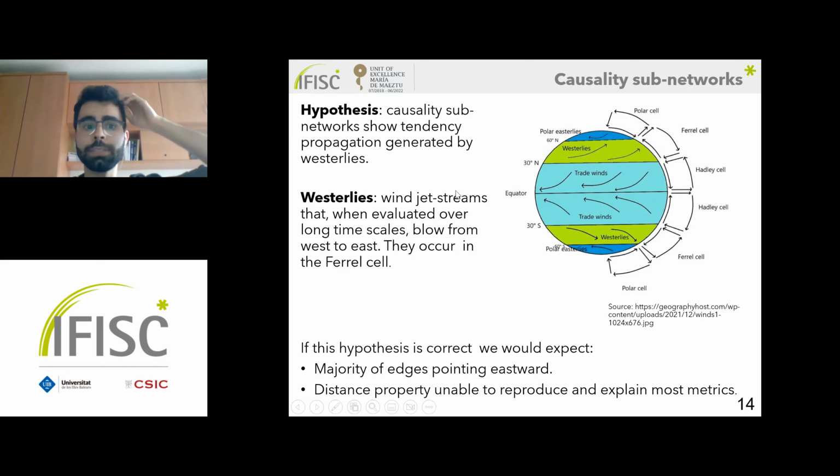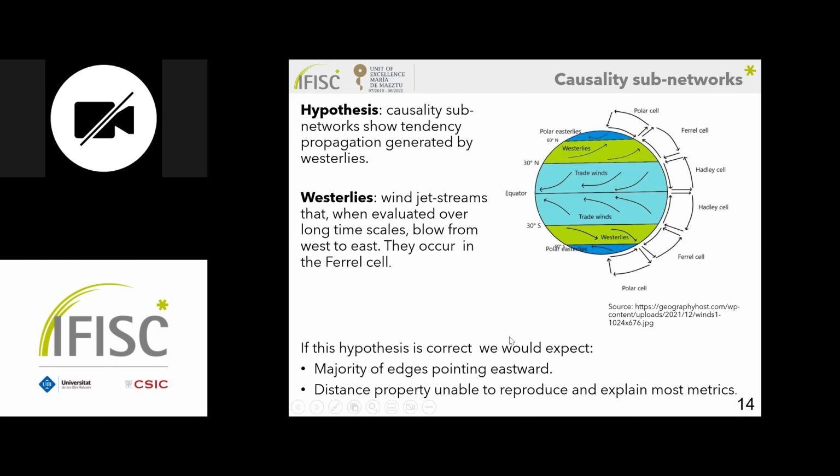Westerlies are wind data streams that, when evaluated over long time scales, blow from west to east. They occur in the Ferrel cell, which has a latitude range that contains the area under analysis, which is mostly the European continent. So, if this hypothesis is correct, what we would expect is to see the majority of the edges pointing eastwards,